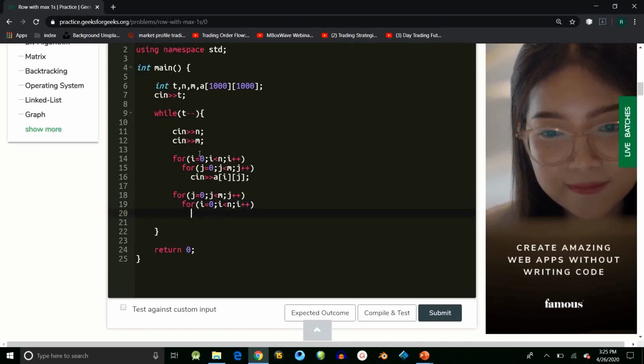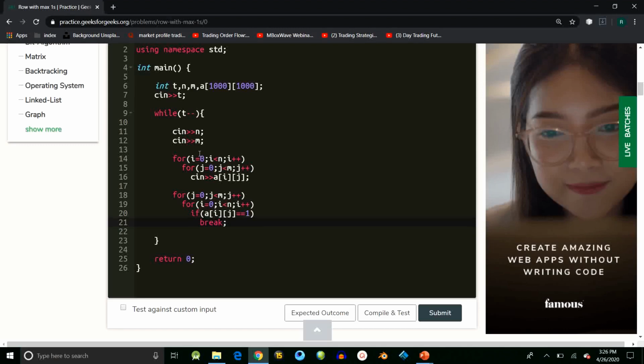As soon as we get a 1, we need to break the loop and print the row number for it. That means we need to print the i for it. So if a of i j is equal to 1, then we need to break the loop and print i.